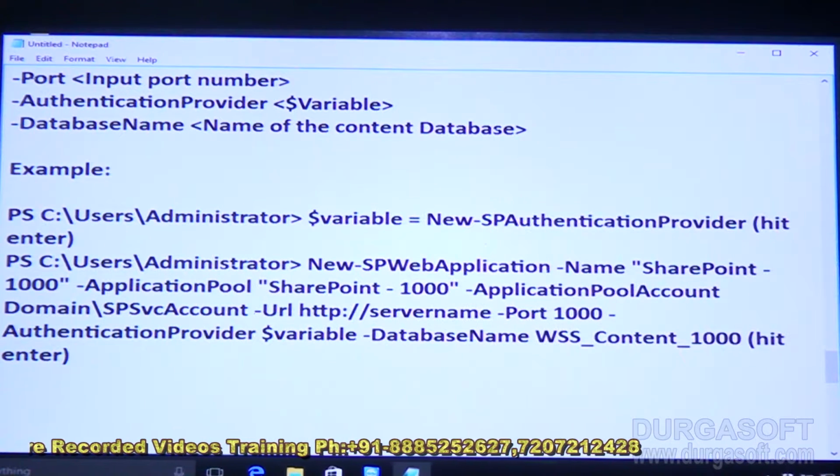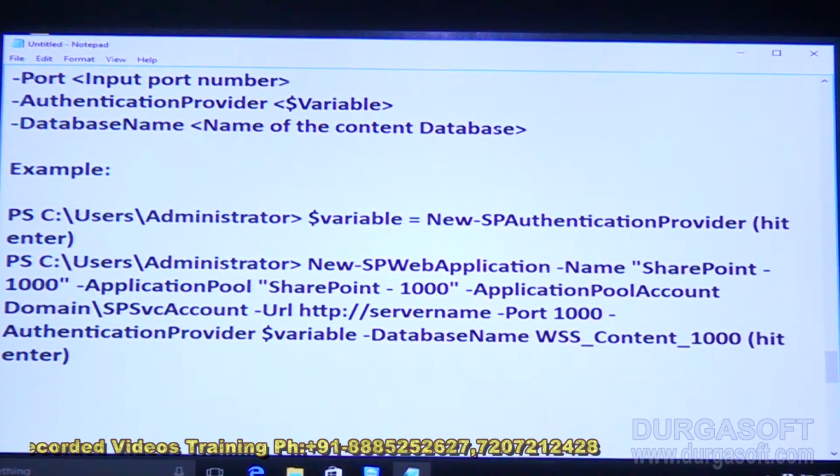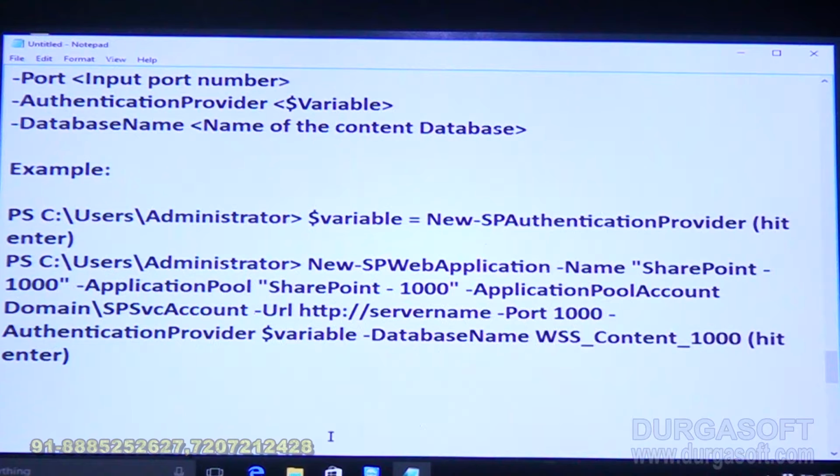Again, it all depends upon the farm configuration that you have in place. If your farm is a high performing environment, then the web application should be created in less than 3 minutes. Now hit Enter. But what are the notes that we need to have here? Notes: domain slash SP service account